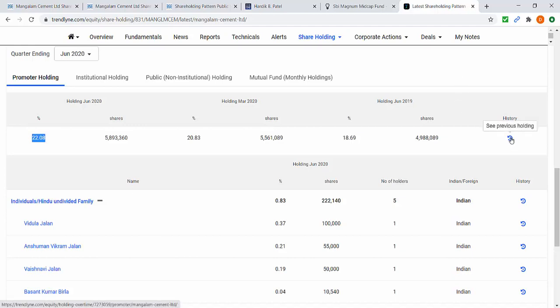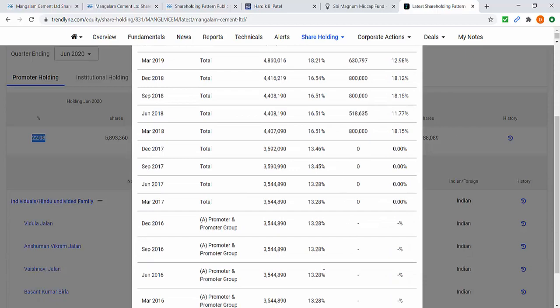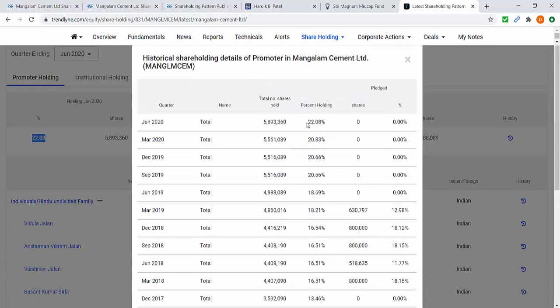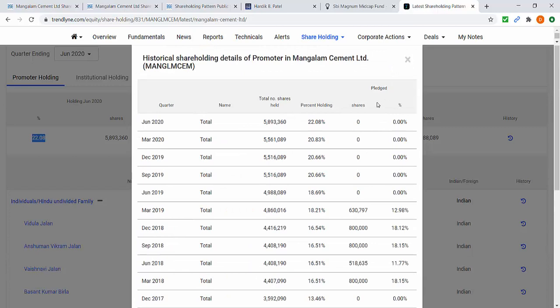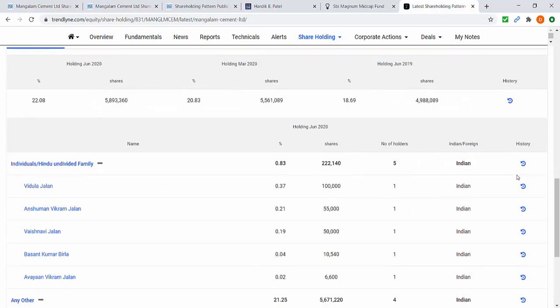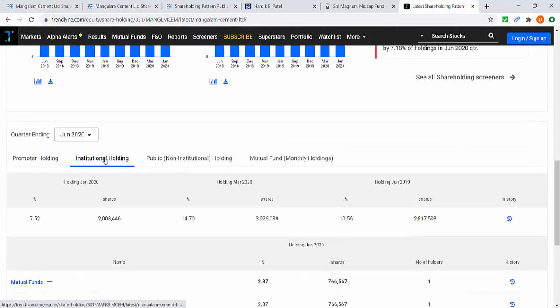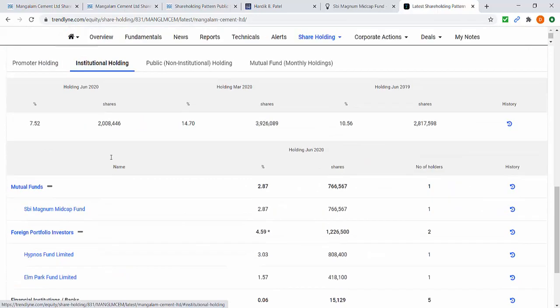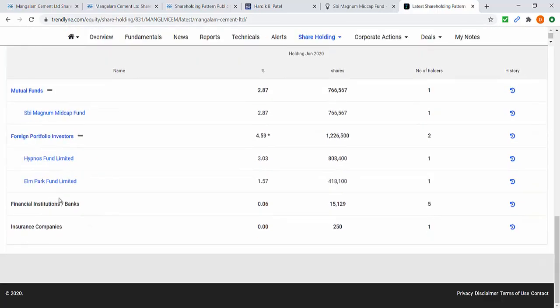You just have to click on the history tab to know the historical promoter holding, how it has increased from 13.28% to 22.08%. Here it captures everything. You will get the bifurcation for pledged holding also. Then when you go down, there is the bifurcation for institutional holding, mutual fund bifurcation, and the bifurcation for FIIs.